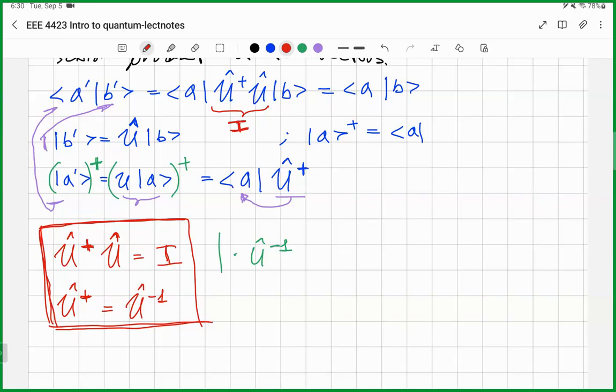And the unitary matrix is a matrix that is a